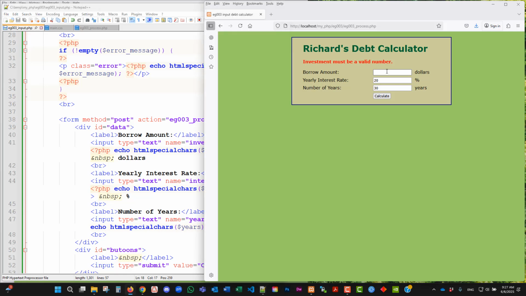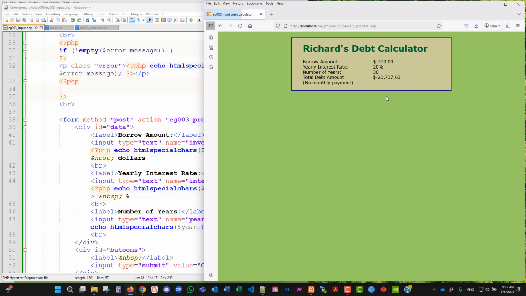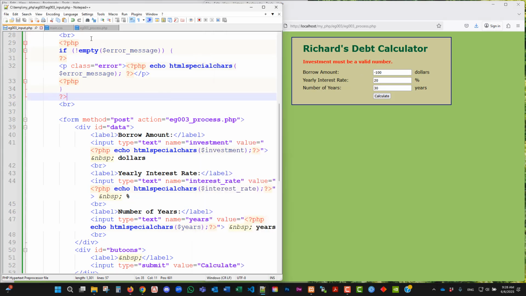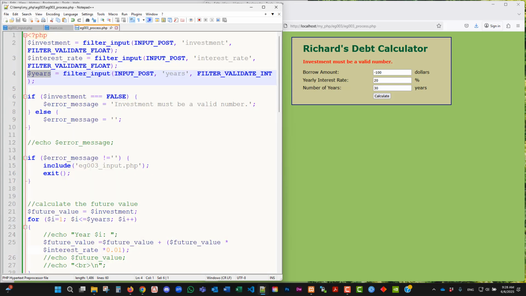Now, what if I try to give money to the bank? I give $100 to the bank. I say I have $100, I lend it to you, you pay me interest. I put in a minus number. The bank is going to give you $23,000 in 30 years. Of course, the bank will say, no, I'm not going to give you that. But your programmer programmed the website that allows you to do that. So we have to fix this problem as well. To fix this, we cannot take negative numbers. So in the process,